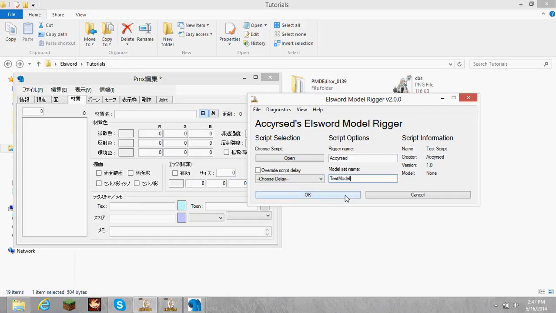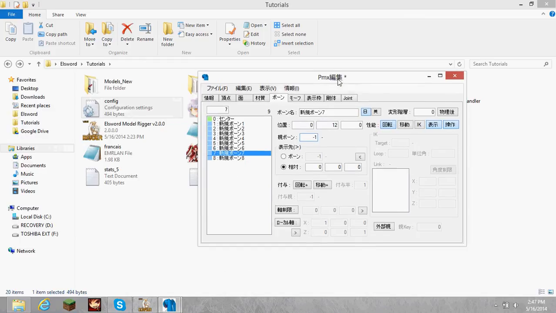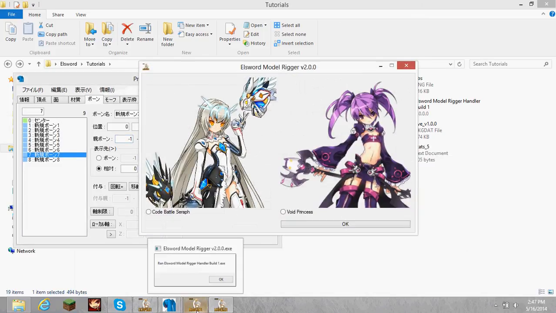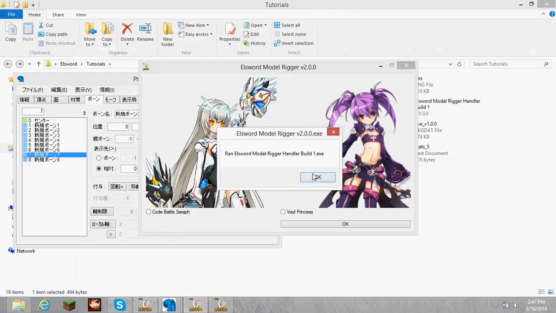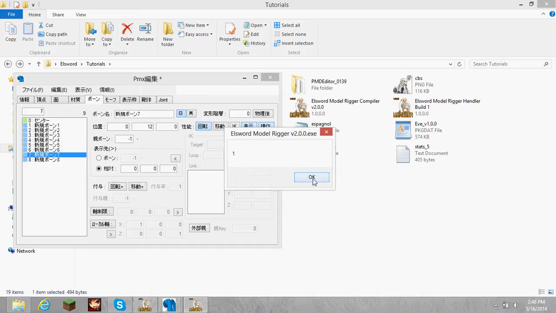So now if I tell it to go, oh, here we go. Ignore that one. That actually can be ignored, kind of. Just click OK when it pops up, I guess. I forgot about that. So if you notice, it picked up a 2-picture prompt box. You know how I did the if code battle serif? I'm just going to select that one. It output 1, and then